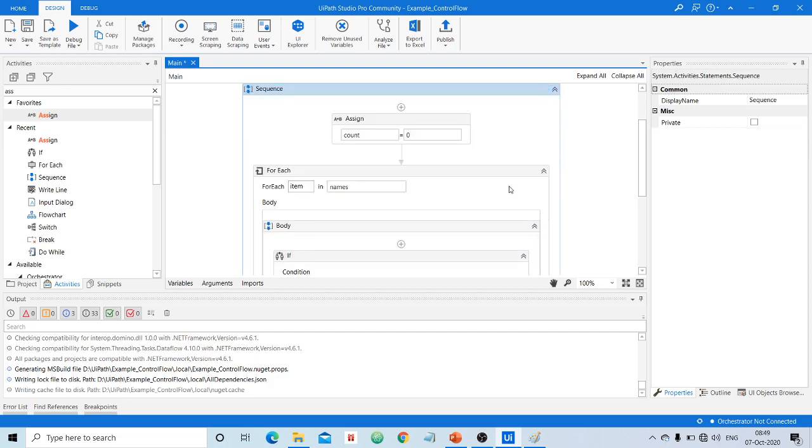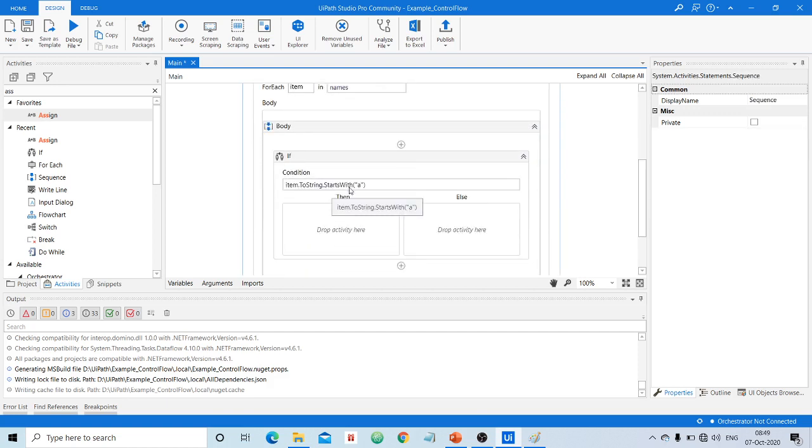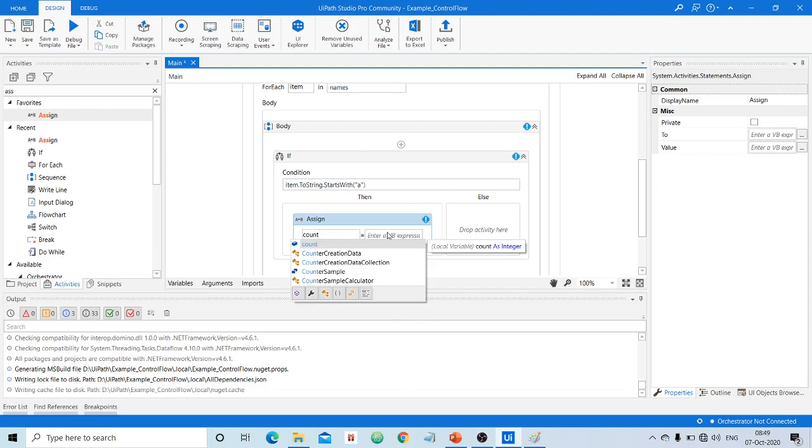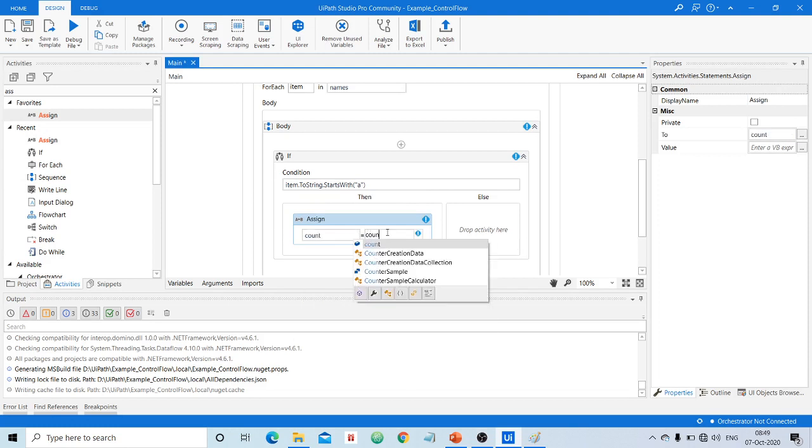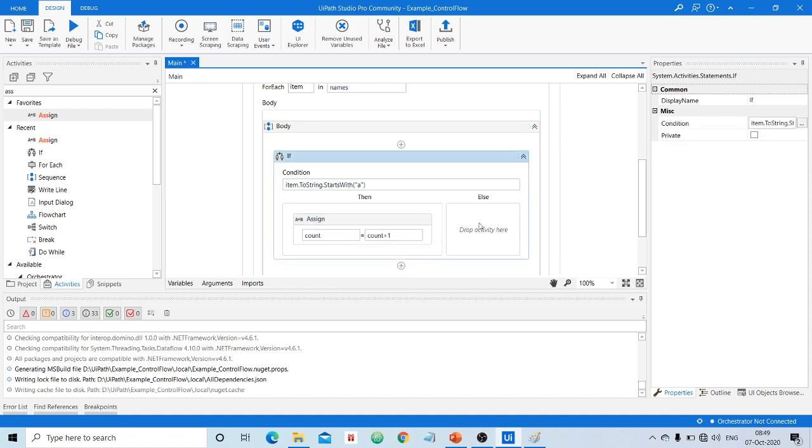Now if this condition becomes true, it means the name is starting with A. Then we need to increment the counter: count equals count plus 1. Otherwise you don't need to increment the counter, so you can leave this as it is.